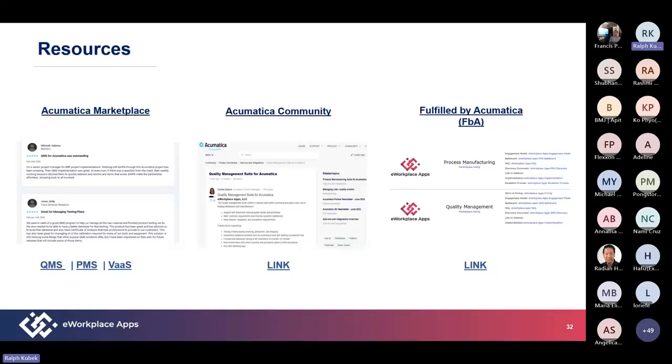Okay. So this is just a screen. Obviously, it's a screen, but there's places to find information. Clearly, there's the Acumatica staff. Clearly, there's the partners that you're working with. Acumatica has a marketplace site that does have a specific page for process as well as quality. There's the Acumatica community, and then for partners particularly, there's a Filled by Acumatica site that begins to give you battle cards